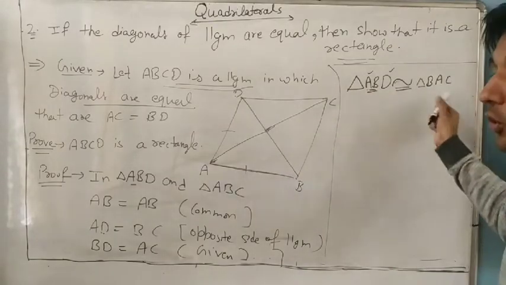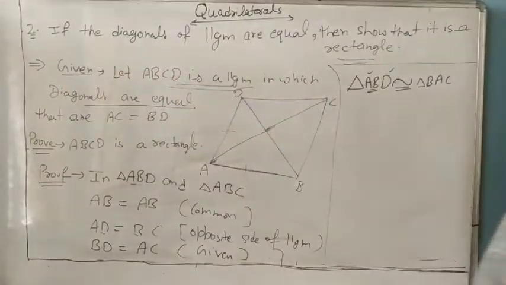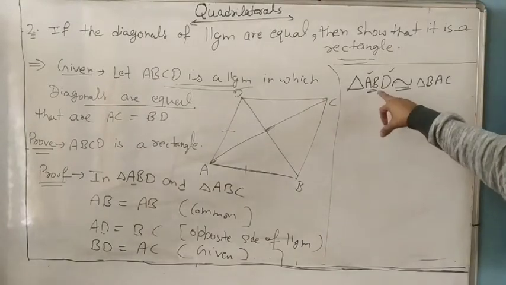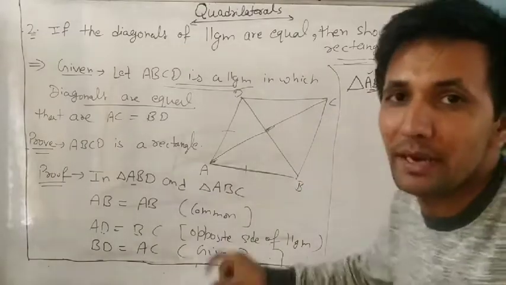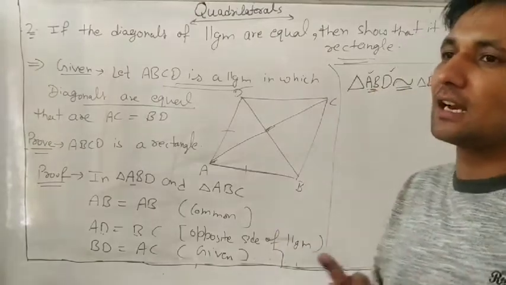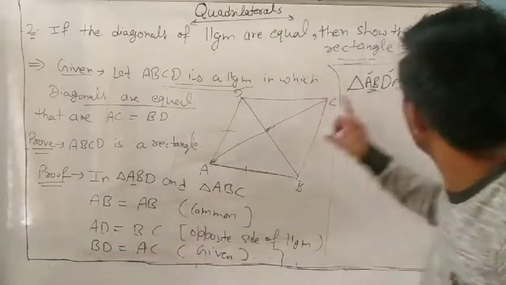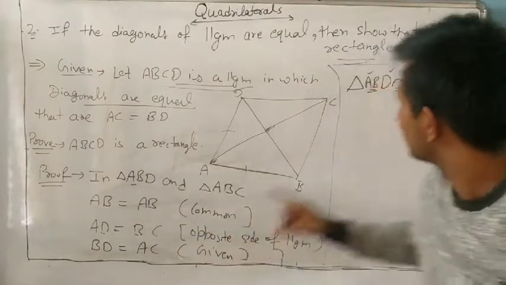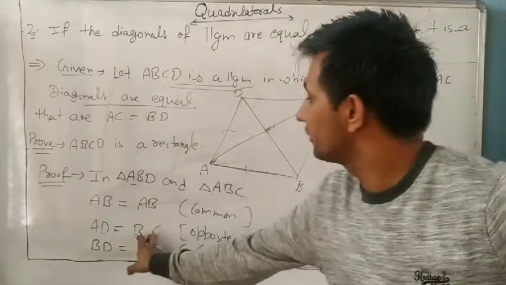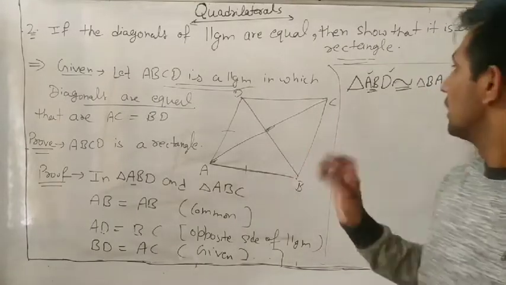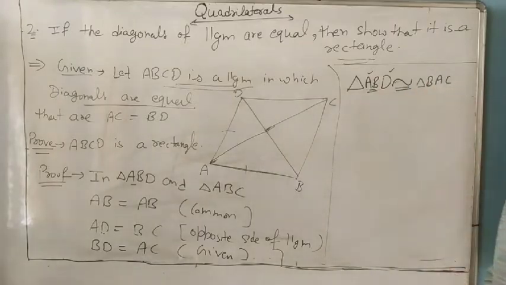And we know if two triangles are congruent, then corresponding parts are equal. Why did we write here in order? Because this order gives us the corresponding parts. Corresponding parts are always equal. Look, BD equal to AC. B and D are last two, here AC is also last two. AD first and last, so BC is also first and last. Same. So these are two congruent triangles.